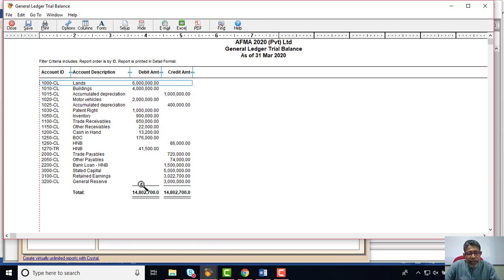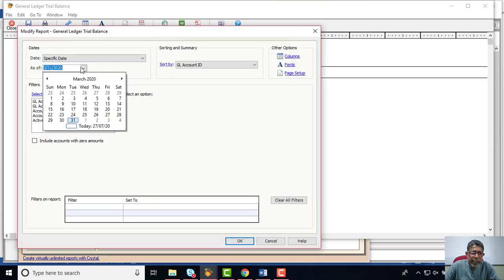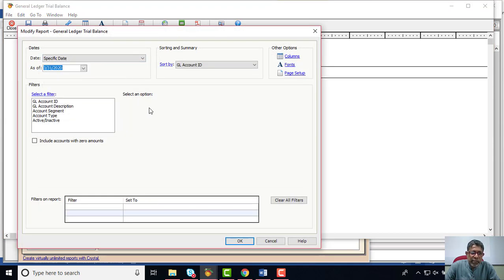Now you can see the small change there in the trial balance value. So currently trial balance is balancing by 14,802,700 rupees. The reason is now the HNB overdraft is transferred automatically into the credit side of your trial balance, whereby you can see 86,000 is credited into that side, right? So that's why it is automatically created, all the values are properly entered, and the same value will, you can see, continuously appear in the future period as well. So there's no issue, right?